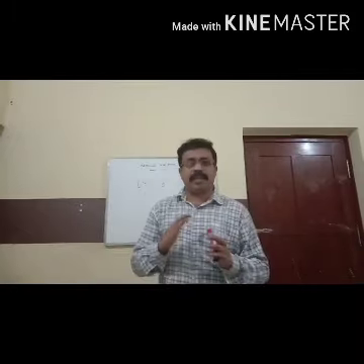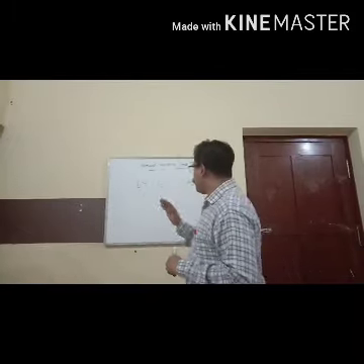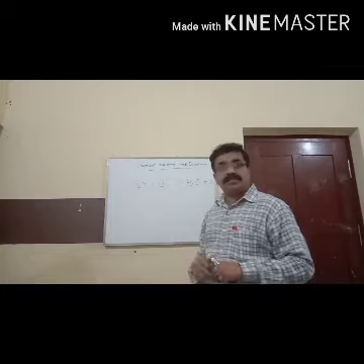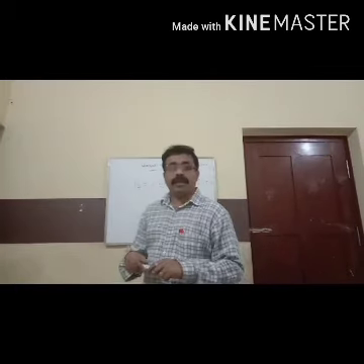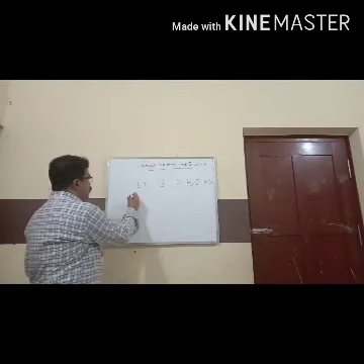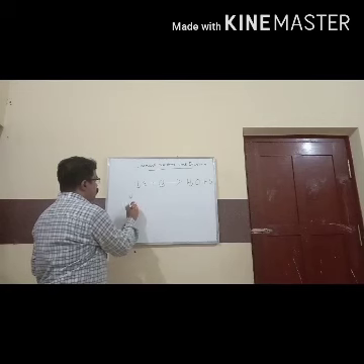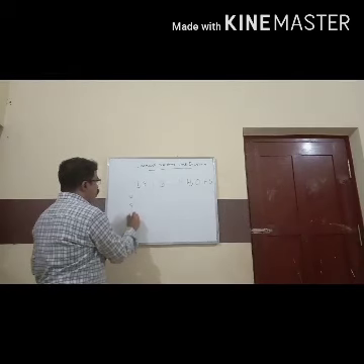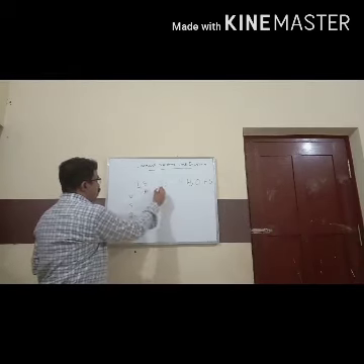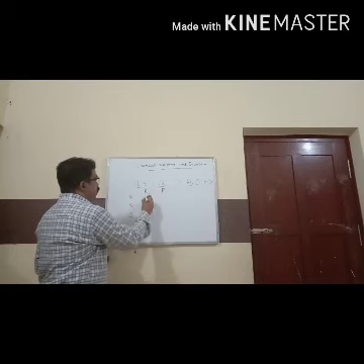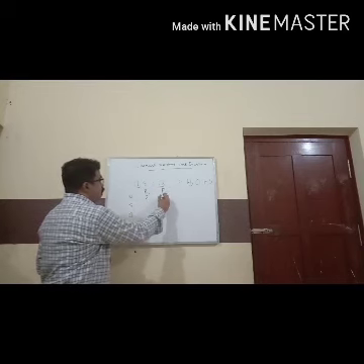In such a chemical equation, you can see hydrogen is already balanced. I'll write it over here. Hydrogen is already balanced. What are the elements present here? Hydrogen, sulfur and oxygen. In the reactant side, in the product side. In the reactant side, how much hydrogen? 2. In the product side also 2.